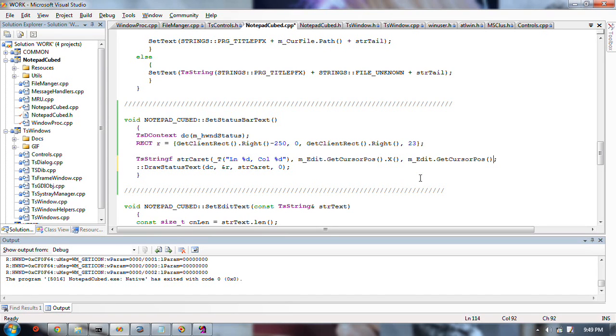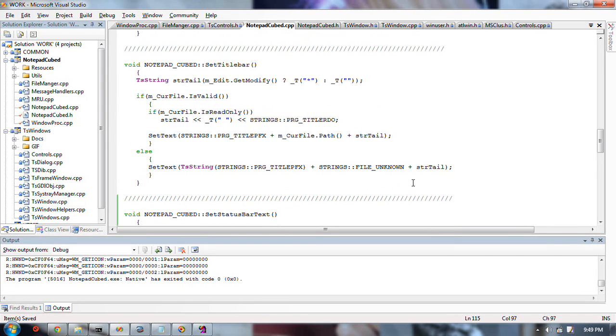Oops. Line. Column is F. Line is line number. Right. Now, what about